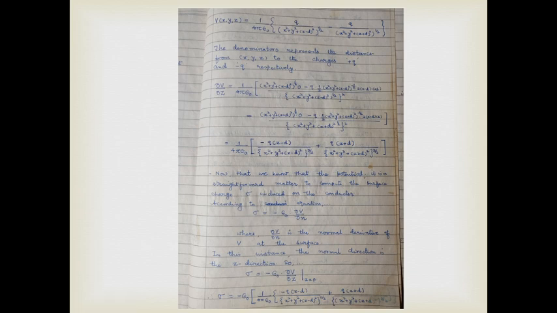Now note that from the potential, there is a straightforward method to compute the surface charge sigma induced in this conductor. We have to multiply this equation by minus epsilon 0. By substituting this, sigma, which is a function of x y, is equal to minus epsilon 0 into 1 upon 4 pi epsilon 0 into minus q times z minus d upon x square plus y square plus z minus d whole square raised to 3 by 2, plus q times z plus d upon x square plus y square plus z plus d whole square raised to 3 by 2.